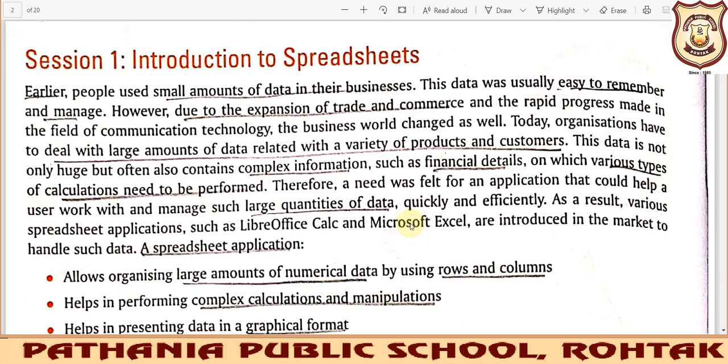In your syllabus we have to deal with LibreOffice only, right? To store data in large quantity, and to fetch the data out of that large data very easily, quickly and efficiently, we use spreadsheet programs.